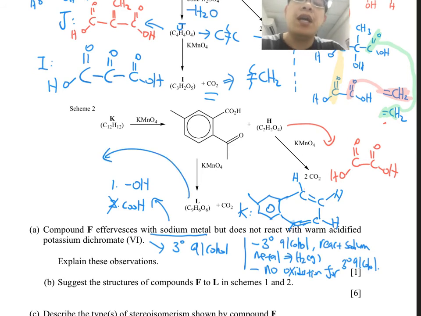Okay, your L. Now, how to solve your L? So what I do is like that. You remember I said before, if you have a lot of oxygen, you think of carboxylic acid. So now it's a bit strange. You have 6 oxygen. Now for 6 oxygen, how many carboxylic acid do you suspect to have? I suspect there will be 3, because one carboxylic acid has 2 oxygen.